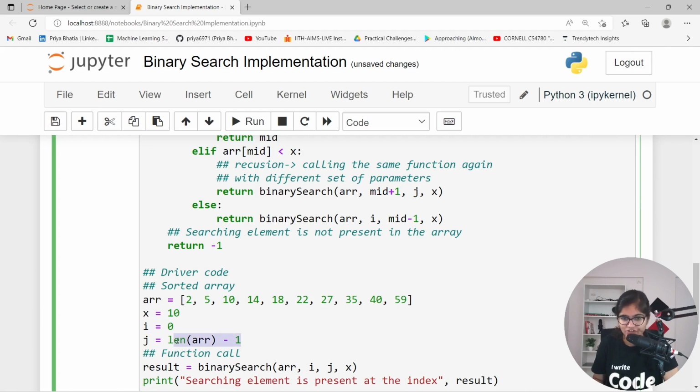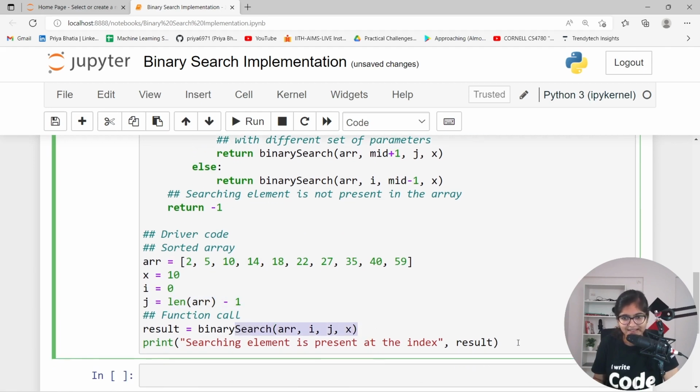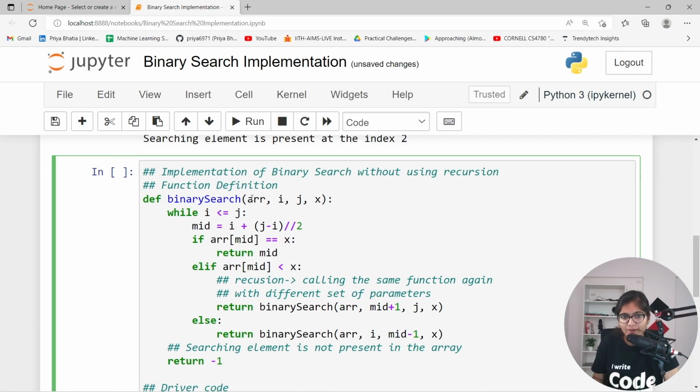I will remain same, j will remain same, and these things are pretty much same. We are moving towards the function definition, where we are finding out the middle value. If we are able to find out the element that we are looking for, we can simply return the value of mid. Otherwise, we are going towards the elif part. Here, instead of using recursion,